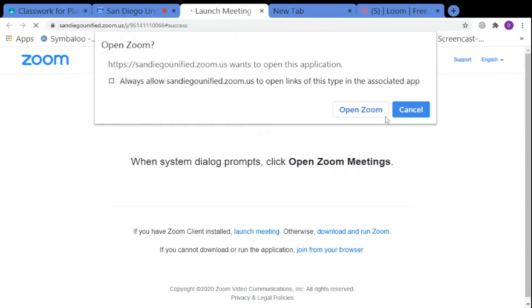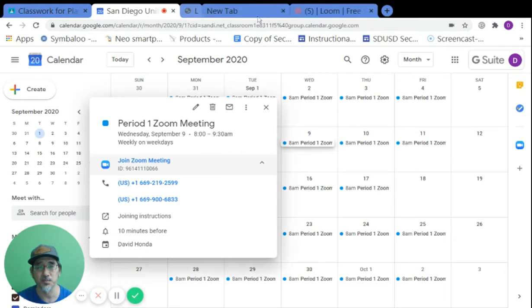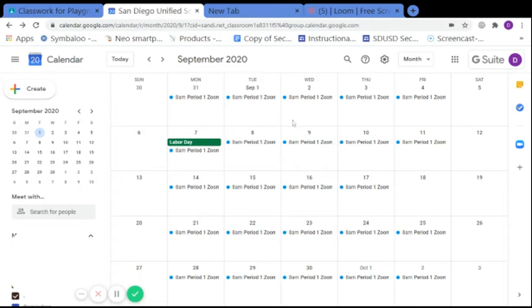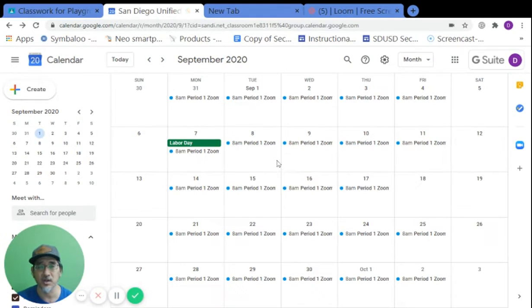It's going to launch the meeting, say open Zoom. I'm just going to cancel this, but you get the idea. So now all the hot links are there for the kids to just follow on any given day. Now, here's what I would do, though, is I'd take it a step further because I haven't set up my